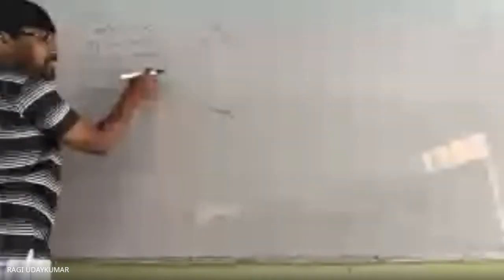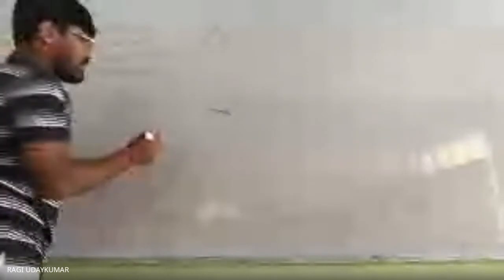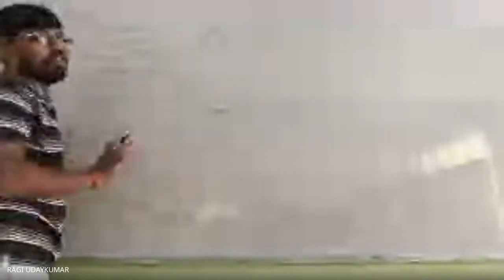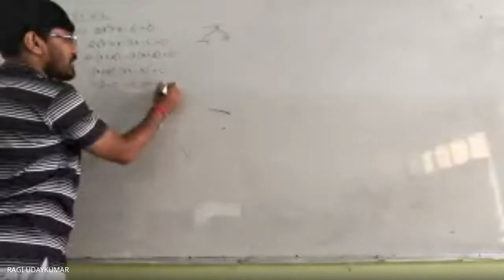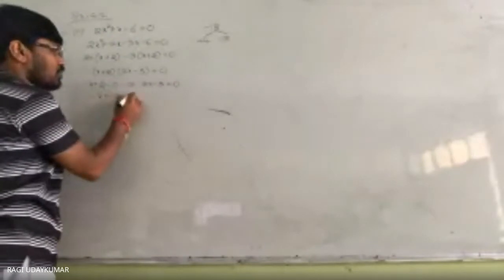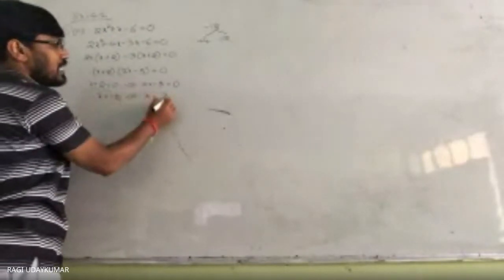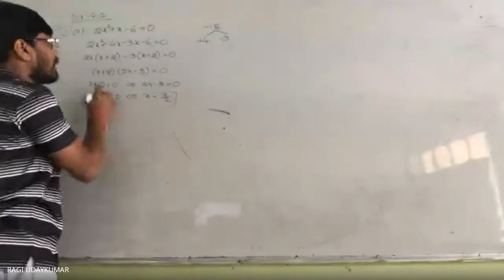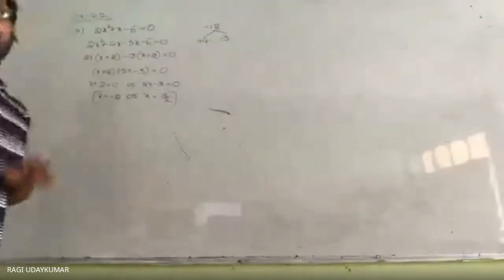The product of the two numbers is 0 means any one can be 0. Isn't it? Obviously. So therefore x plus 2 is equals to 0, or you have to write, not and. Do remember this one. Why? Because either it may be 0 or it may be 0. And is nothing but compulsory, both should be zeros. So that's why any one can be 0 here, or both can be 0. Or means both can also be 0. So x is equals to minus 2 or x is equals to 3 by 2. So this is the value of x in the roots of the given quadratic equation.